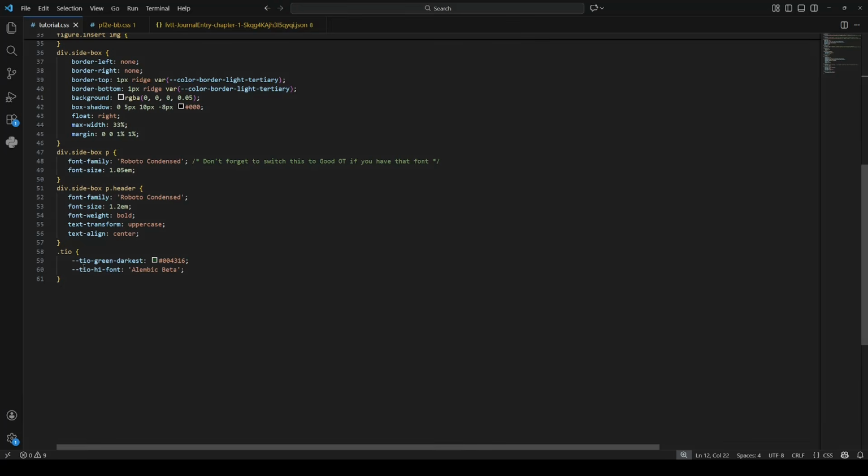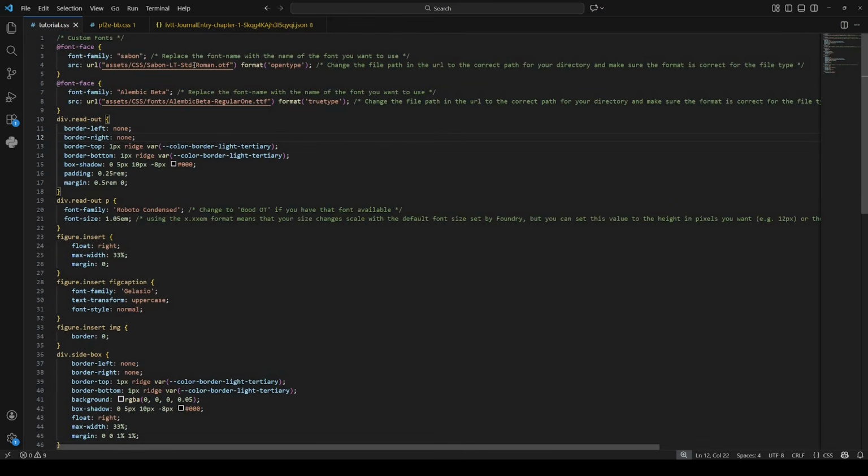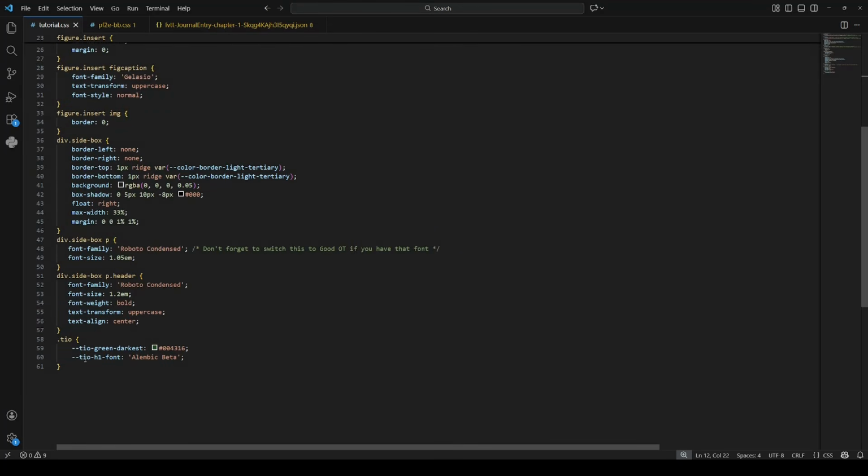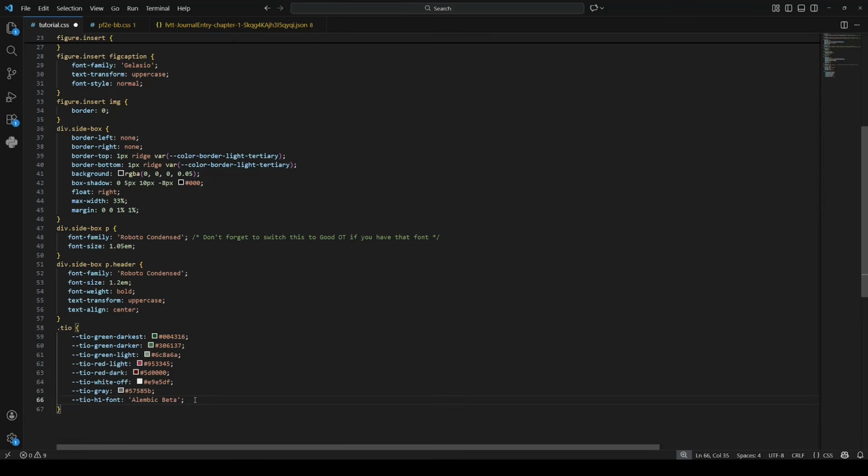I also recommend including any fonts that are going to be specific to this adventure. For example, since we have Alembic Beta installed, I'm going to set a variable for the H1 font for TIO and just set that to Alembic Beta. And this just needs to match whatever the font family is up where you put the @fontface entry in your CSS file so that Foundry knows where to look when it runs into this variable. I went ahead and listed all the variables I plan on using,